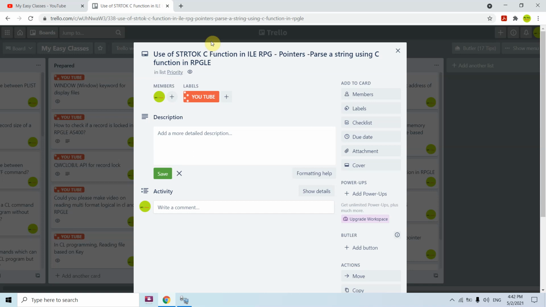We just need to call that, nothing else. We need to pass the string and the delimiter. It will give us every token, every word, retrieved from the string. That makes things very easy.